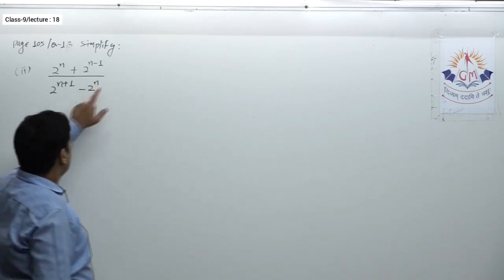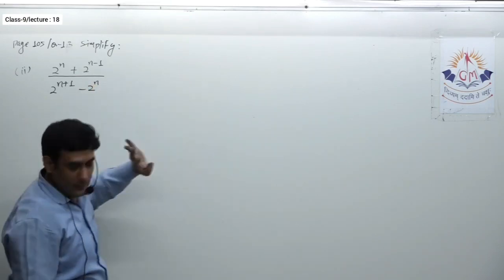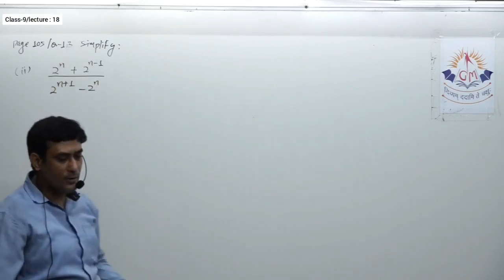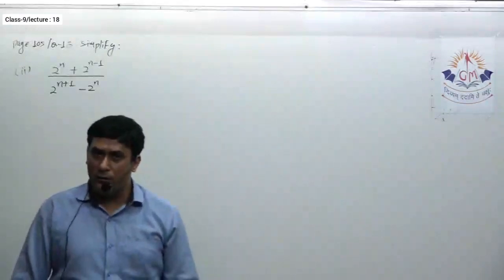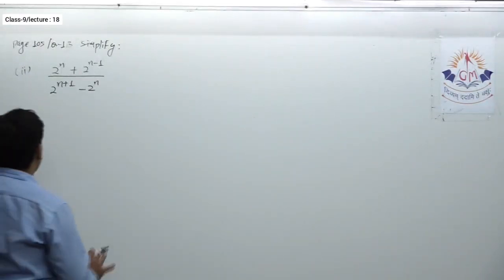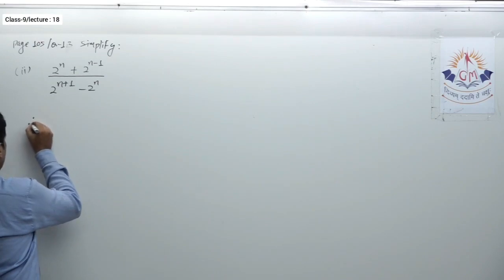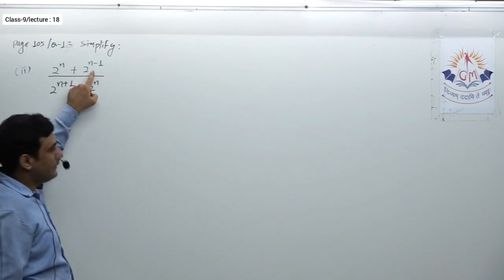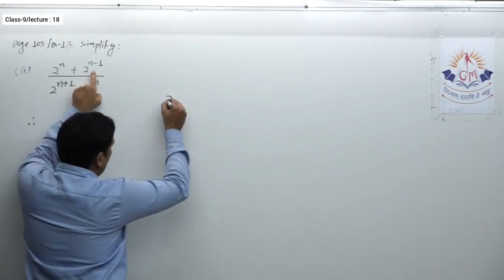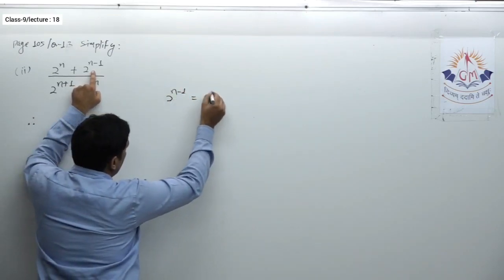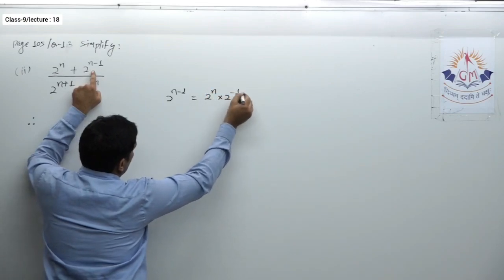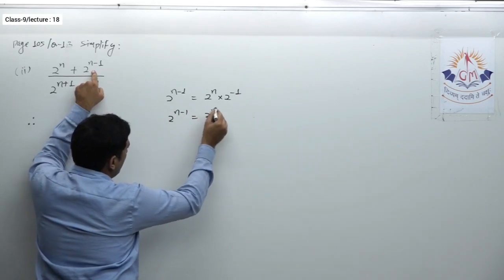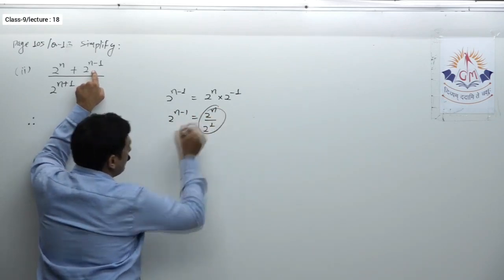According to the question we have to prove this is equal to 3 by 2, but here I will give you the solution. Suppose you get this question and have to simplify or evaluate it, how do you do it? Very first step: if you observe carefully, we have 2 raised to n here. 2 raised to n minus 1 can be written as 2 raised to n multiplied by 2 raised to minus 1, or as 2 raised to n upon 2 raised to 1 if you apply the quotient law.